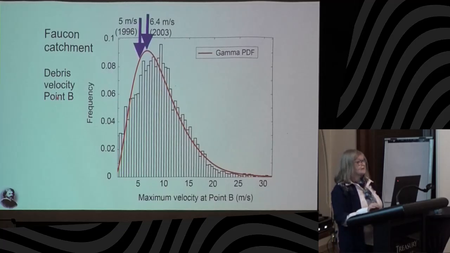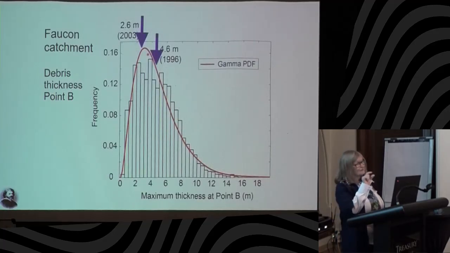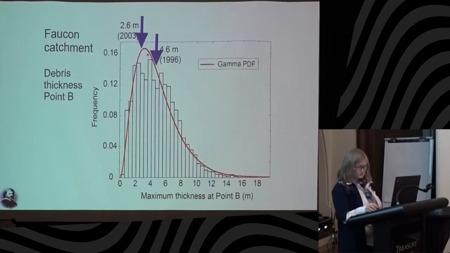And then another calculation, but this is the velocity, also in point B. And the best fit was also a gamma. It's not quite as good as the previous one, but it's still okay. And with the comparison, the two landslides that occurred before, you can see that the peaks, or the mean values of these distributions, are quite close to what was